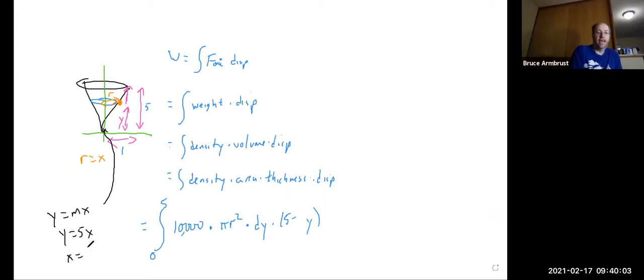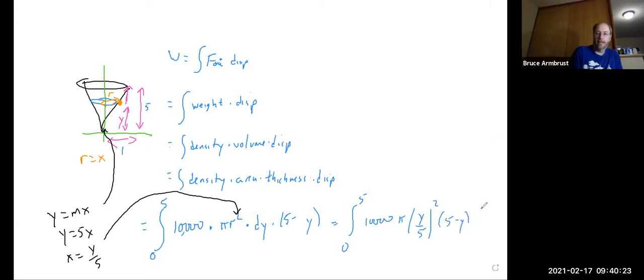Well, again, I wanted the x. That guy's y over 5. So we'll fire that in here for our r. Whew. And I think that leaves us finally with the integral from 0 to 5 of 10,000 pi times y over 5 quantity squared times 5 minus y dy. All right, so that then is going to give us the total amount of work that we need to do. And if we go back and we look at that question,